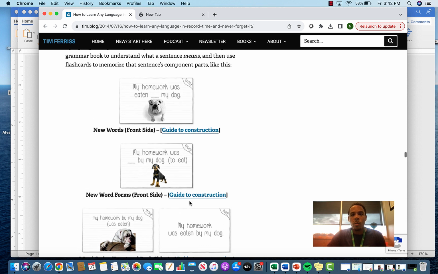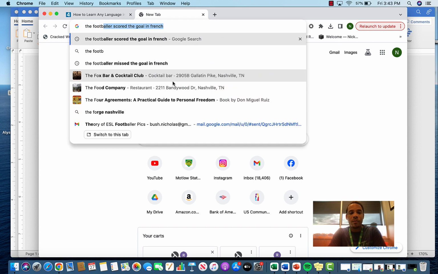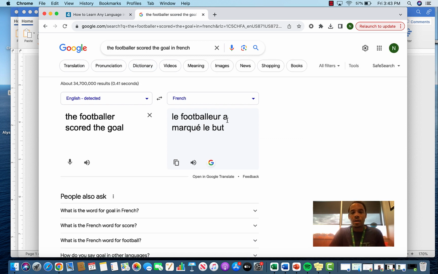And so what we would do is take something that the student is interested in and use that to create a sentence. So for this class today, we would be looking at the past tense, the past perfect tense, and then the question form. So I'm going to use sports because I'm a sports fan. So what we do first, I would have the class look up "the footballer scored the goal" in French. So then they would write this on their note card. The footballer a marqué le but.